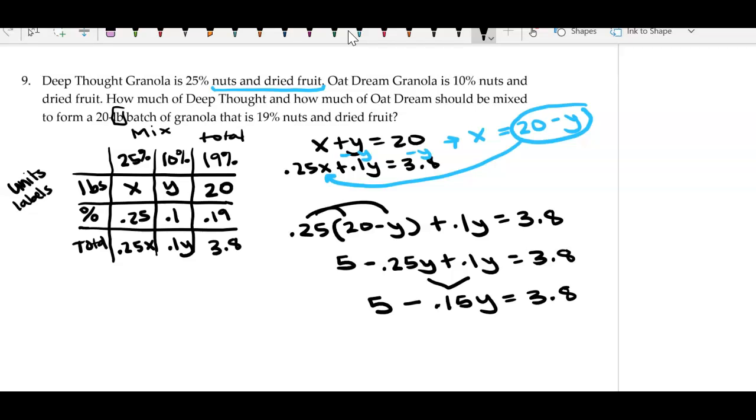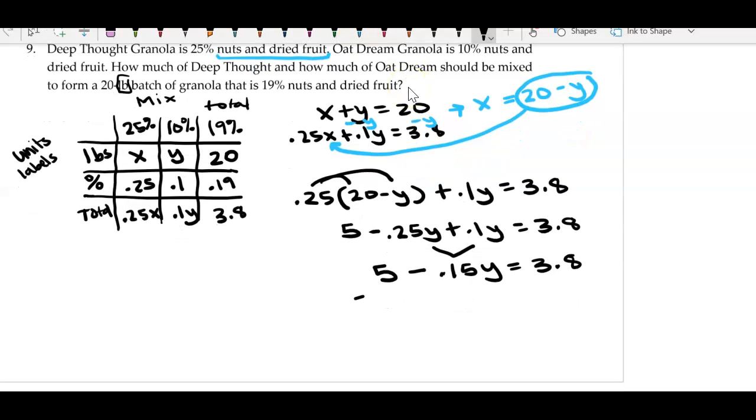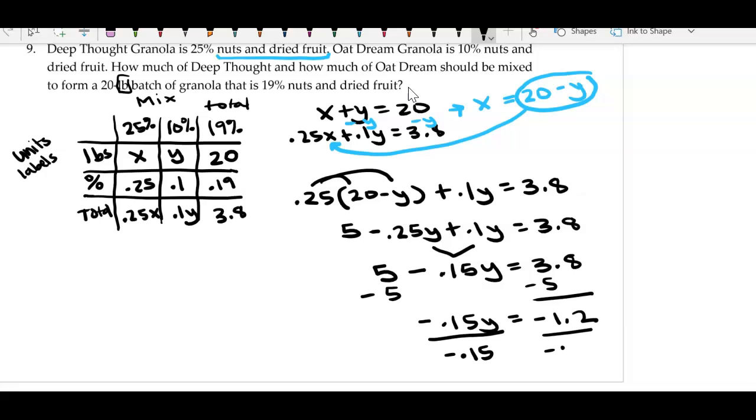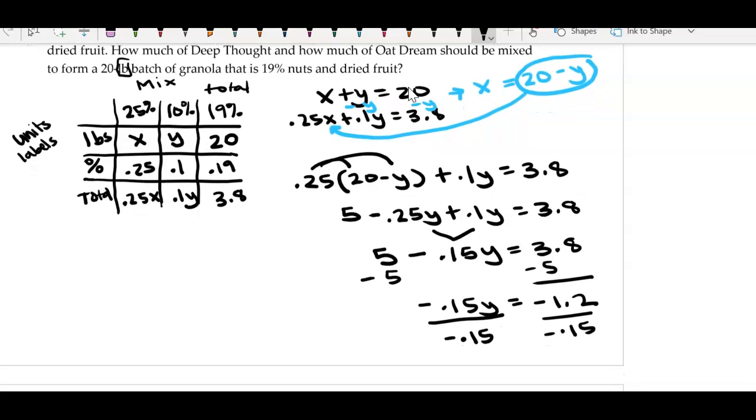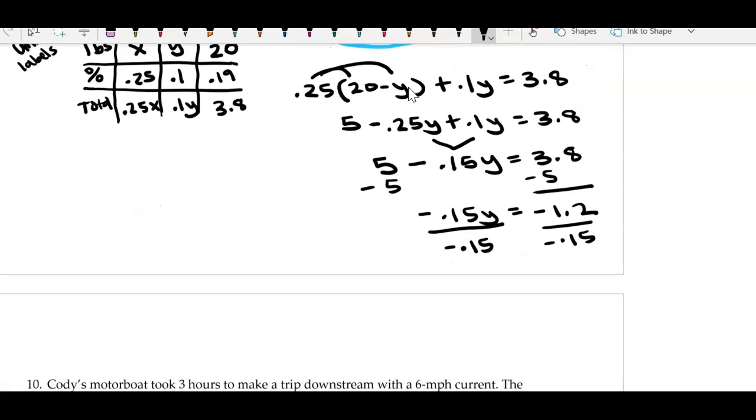All right, now what? Move over the 5, subtract it over. So that is 3.8 minus 5, which should be negative 1.2. So we have negative 0.15y equals negative 1.2. Divide by negative 0.15. What do we come up with? 8. Okay, so 8 what? Remember, if we have a word question, we need a word answer. Should be 8 pounds of